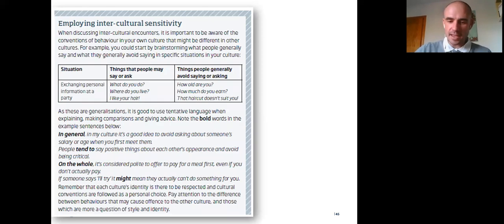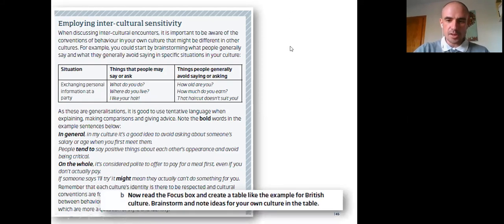So the task here, which I've just flashed up, is for students to create a table for their own culture, based on looking at the example for British culture. Okay, so come up with a table for their own culture. Moving on,